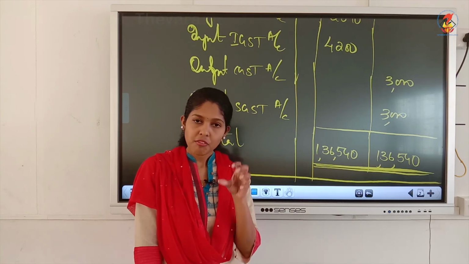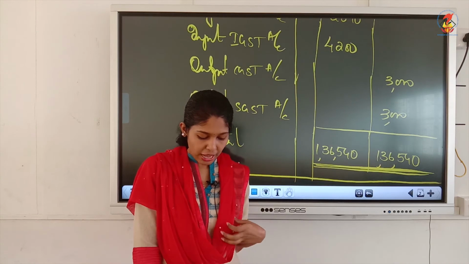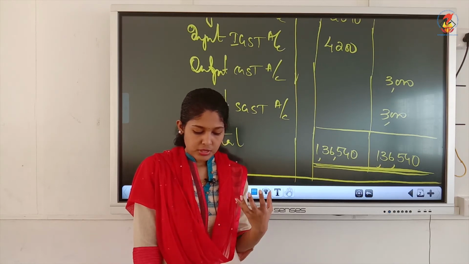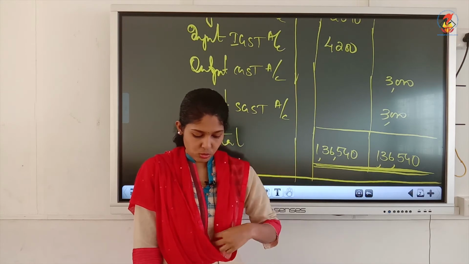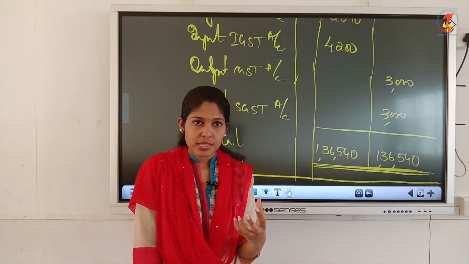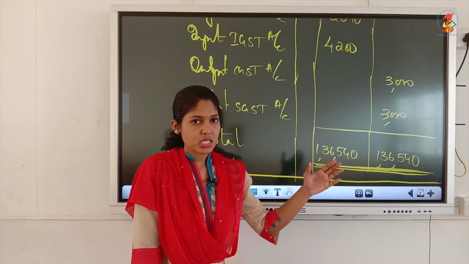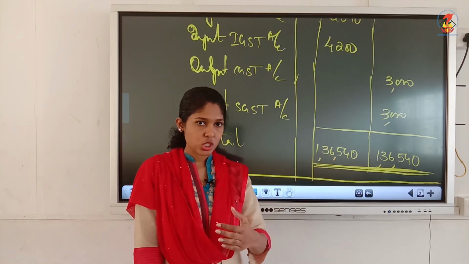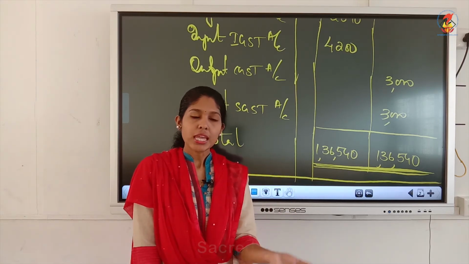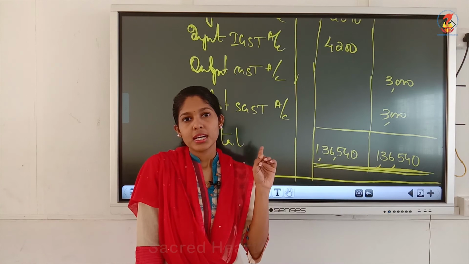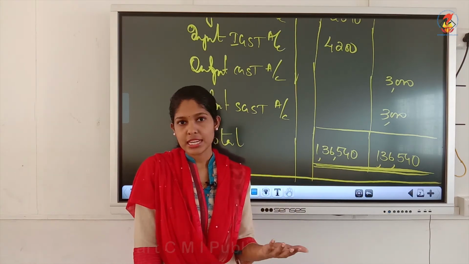They have given one trial balance already, based on which you have to see whether it is correct. If it is not correct, you have to redraw the correct one. So how will you understand whether the given trial balance is correct? Now what we did is, we prepared journal and ledger. They have done journal and ledger, then prepared the trial balance based on ledger accounts. But now we don't have any ledger accounts.